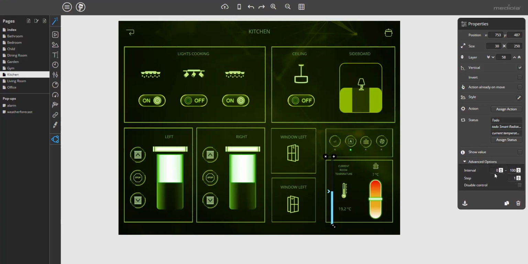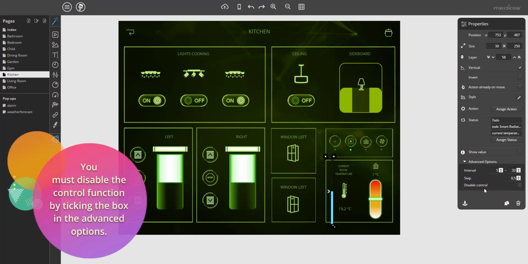Here you can define the interval for the thermometer. It's not 1 to 100, but maybe it's 5 degrees to 32 degrees or something like that. And the step interval, 0.5. But the most important thing is to disable the sliding function, which is this